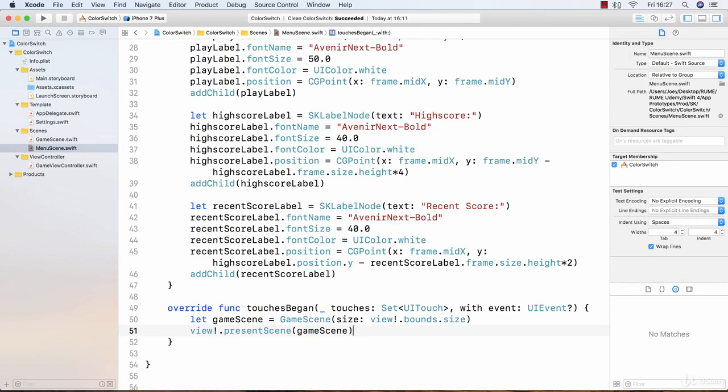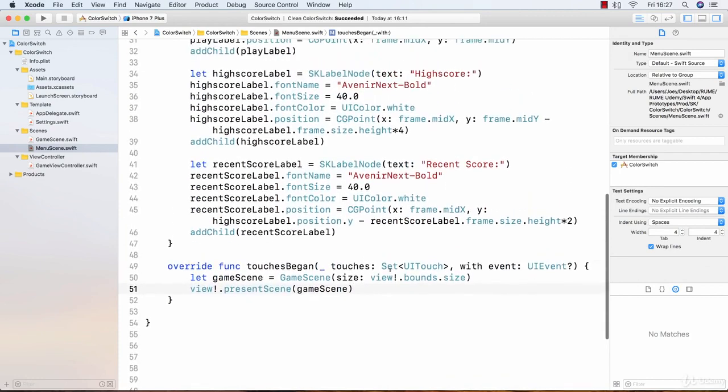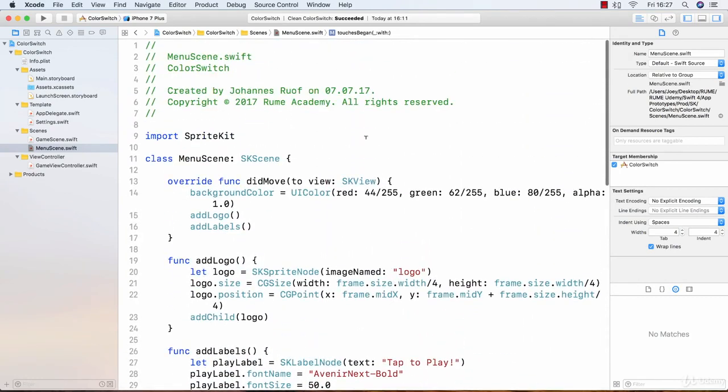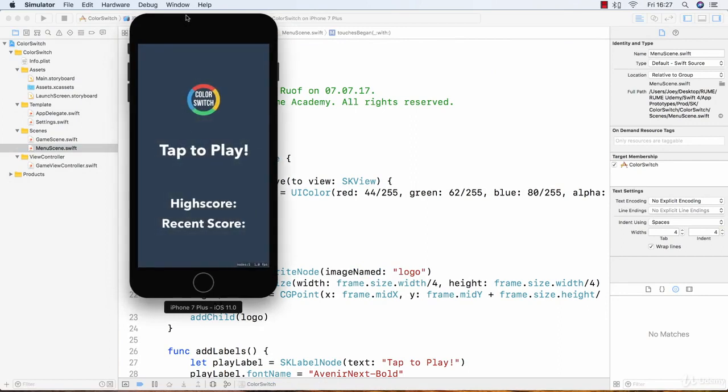We've now pretty much completed the basic structure of our menu scene, so let's run the app again and take a look at what we've got. As the app starts, I can see that we are now in our menu and not in the game itself. Our logo is being shown and so are our labels. As soon as I tap on the screen, our game scene is shown